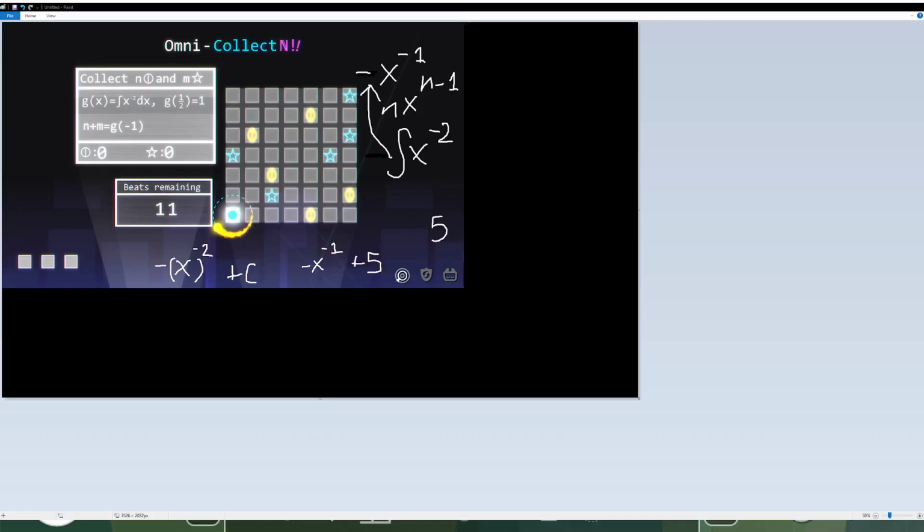Okay. So we have our equation. Why is this what I drew for? Hold on. Yeah, we have our equation, plus 5. Plus 5. Now, substituting -1 into this just puts -1 to the power of -1,